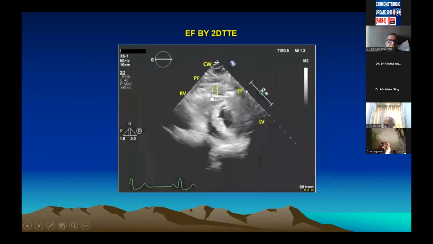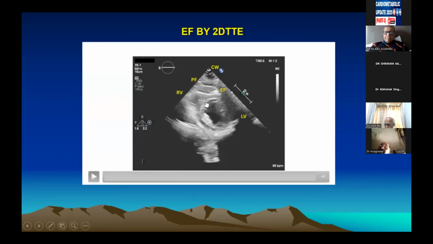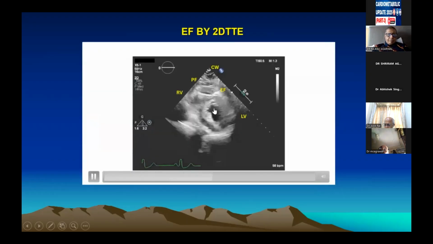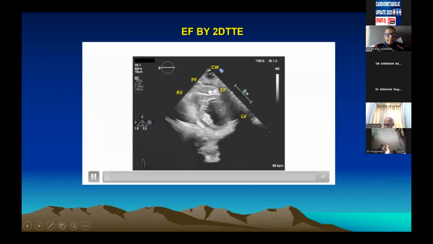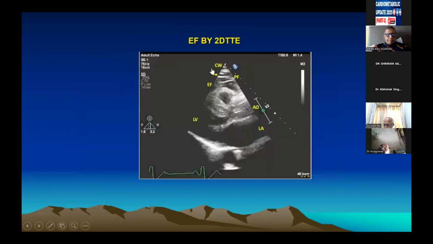One should also do that not only in the parasternal long axis view, but also in the parasternal short axis view. And in the parasternal short axis view, you have the left ventricle here, right ventricle, this right ventricular outer wall, myocardium of the right ventricle, and then this is a visceral pericardium. So again, one can measure the maximum thickness of the epicardial fat pad. On top of that is the pericardial fat, and then we have the chest wall. And one can also show that in a movie here, very clearly we can see the left ventricle, right ventricle, epicardial fat, pericardial fat, and chest wall here.